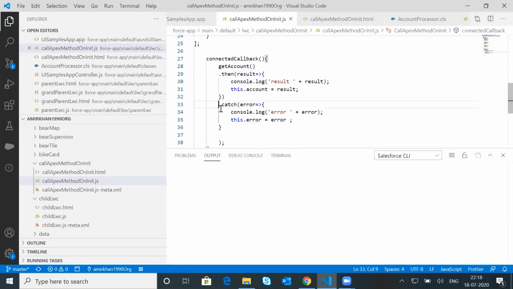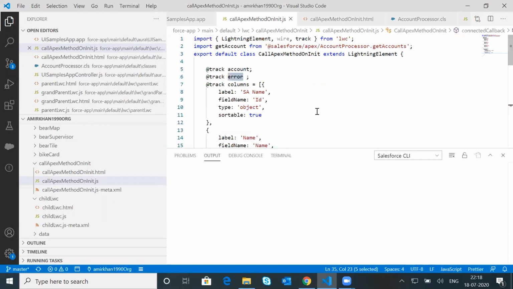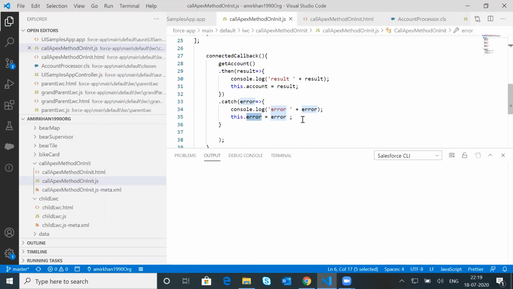Now on the error of this method, if we get any exception on the backend side, then the error will be caught in the error variable, and this error variable got assigned to this.error, and this.error got declared with the @track decorator as well. Okay,